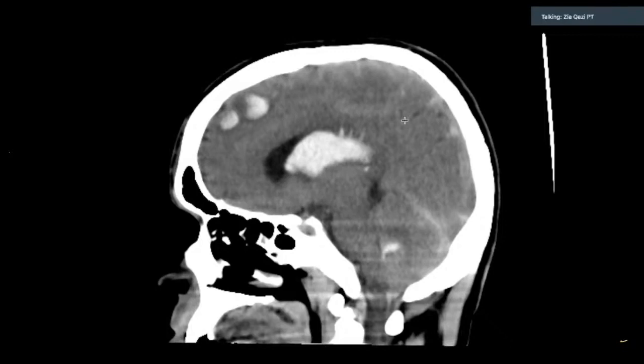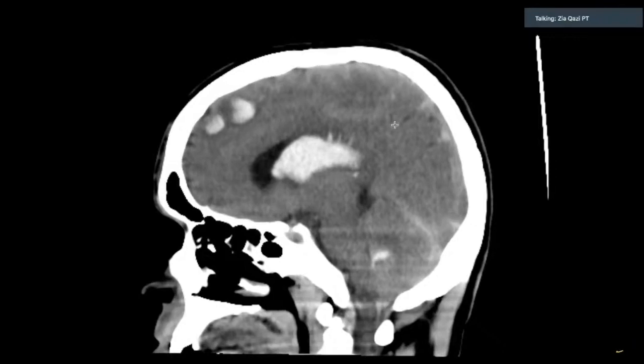Now, if there is a bleed, there are three possibilities for the blood to collect inside the skull. It can collect in the brain tissue, which is a different thing and does not relate to the dura. It relates to the brain parenchyma itself. These are intraparenchymal bleeds. You see a whole bleed here that is inside the brain tissue. Or the blood can collect below the arachnoid, called a subarachnoid hemorrhage if it is acute.